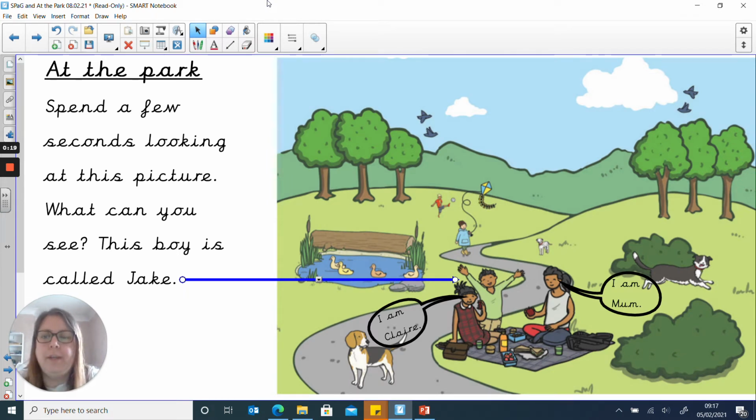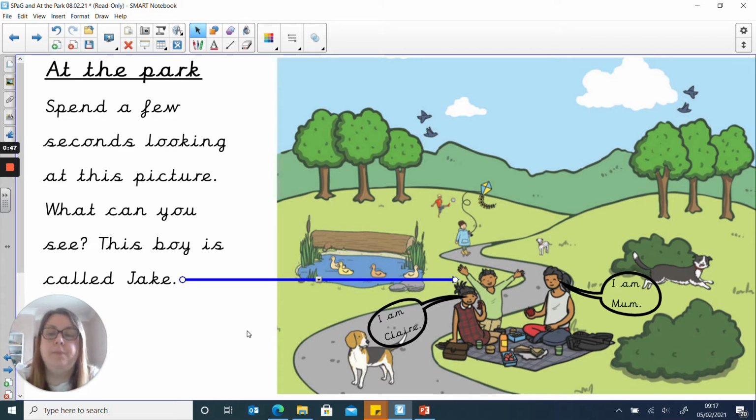I want you just to spend a little bit of time looking at the picture, thinking about what you can see. So what can you see in the picture? And perhaps you could say, I can see ducks and some dogs. So trying to use and to help you when you're saying your sentences. So I've said this boy is called Jake, and we've got I am Claire and I am Mum. So trying to think about ways how you can use and by telling your grown-up about what you can see